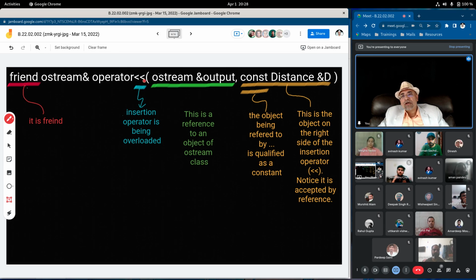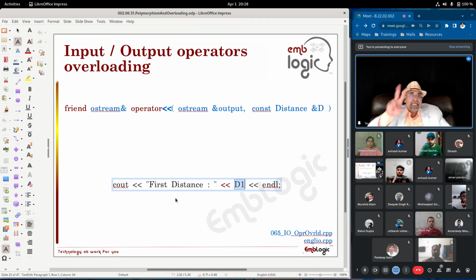Now this is the operator overloading function that we are trying to design. This operator overloading function is dealing with the cout object of OStream class, and it is taking the D1 object of distance class. So this operator overloading function is going to work on two different objects of two different classes.